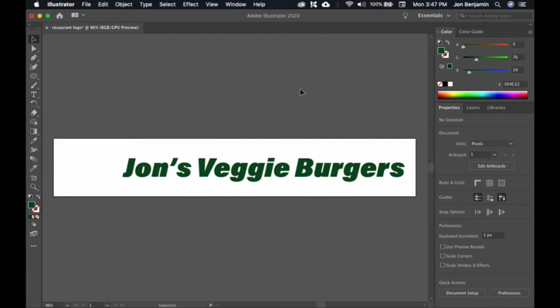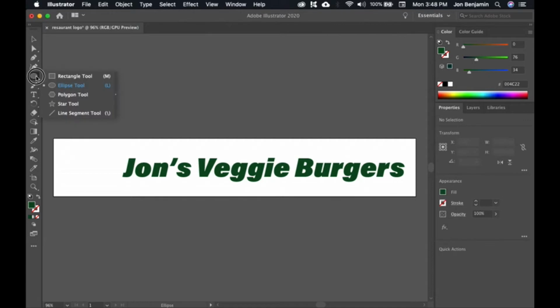And let's just do something really basic. Let's go ahead and create a circle or an ellipse. So you can come over here to your ellipse tool, and if you don't see the circle or the ellipse, just click and drag and hold down, and you'll see there's several options here. So you might have the rectangle tool. If you click and hold, you'll get the ellipse tool. So now to make an ellipse, you just drag out. But I want to make a perfect circle, so I'm going to go ahead and drag out a perfect circle